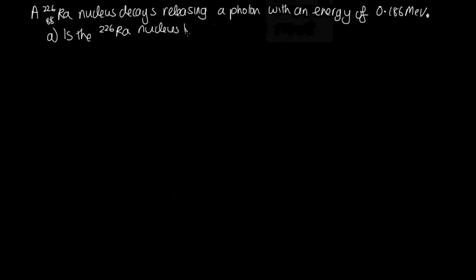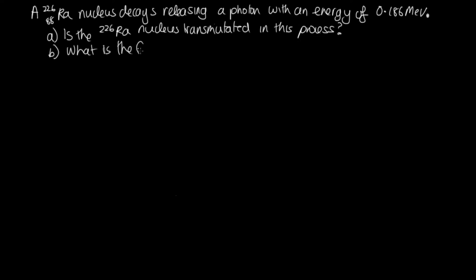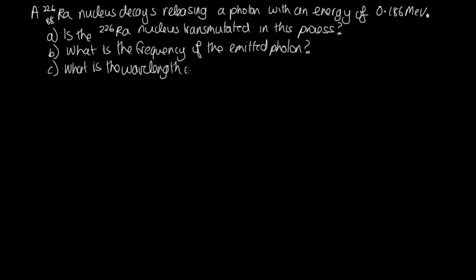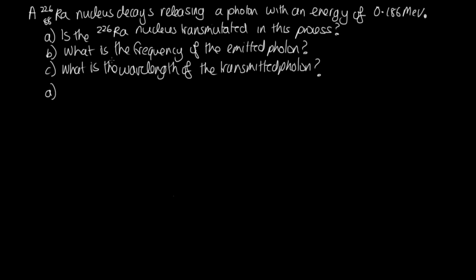The question is: a radium-226 nucleus decays, releasing a photon with an energy of 0.186 mega electron volts. Part A, is the radium-226 nucleus transmutated in this process? B, what is the frequency of the emitted photon? And C, what is the wavelength of the transmitted photon? Okay, so part A, in this case the nucleus is just releasing a bit of energy, it is not actually being transformed into something else. So no, it remains the same